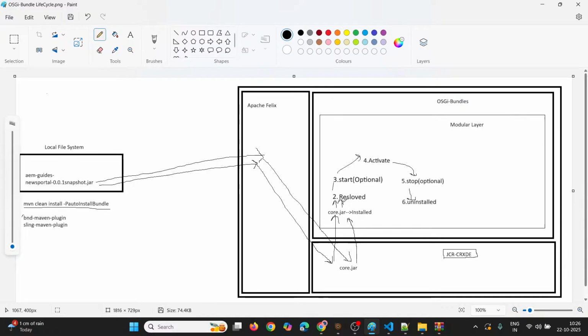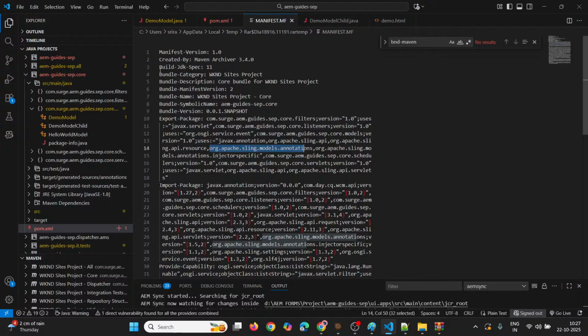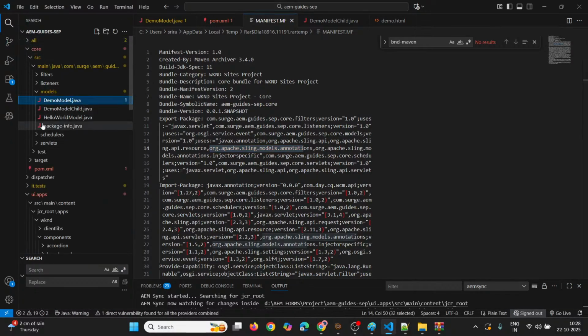After the resolved state, the bundle will automatically go into the third lifecycle method, which is the start method. This start is an optional method. The start method will be executed when we have one configuration. Right now we don't have a bundle activator, right? I don't see any bundle activator here. If I want to get the bundle activator, how do I get it inside this manifest.mf file? In that case, first you have to create that bundle activator. Whatever the bundle activator